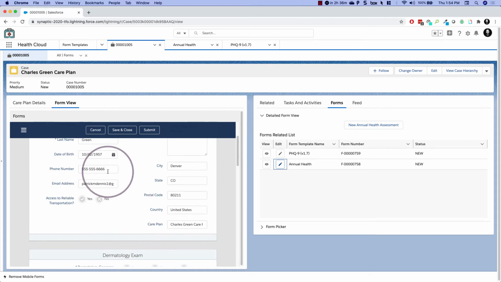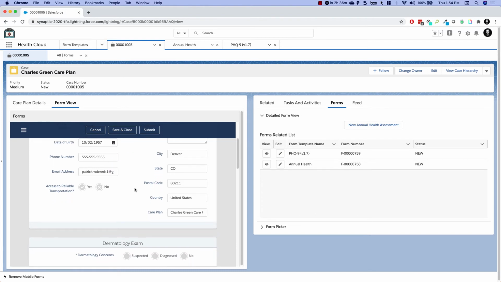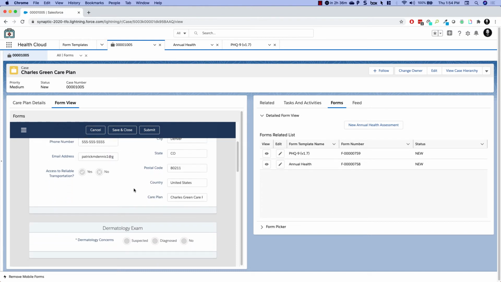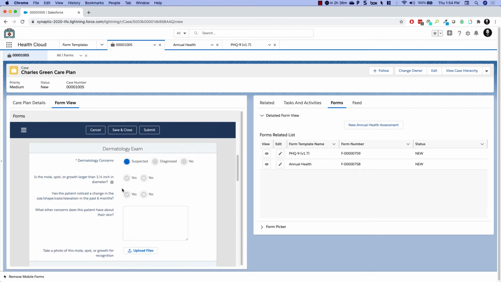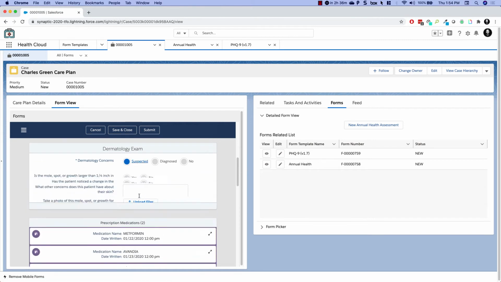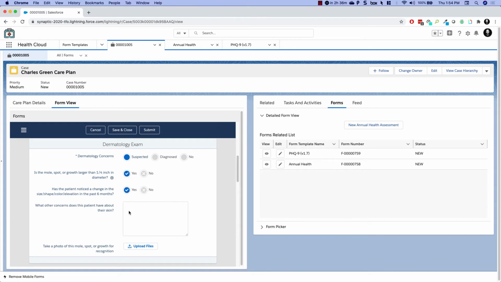We can change that stuff if we want to pretty easily, right? And then Eureka is going to make the updates to those fields on that member record. And then we can just go through, right? We can start to fill out our assessment here. And you can see here we're showing and hiding questions based on answers to previous questions. So we could fill out all these things